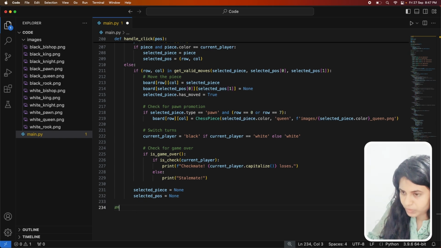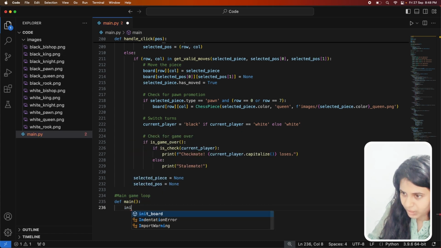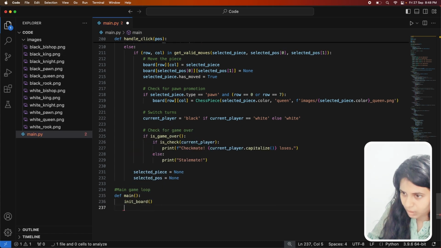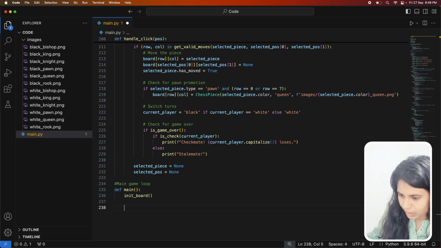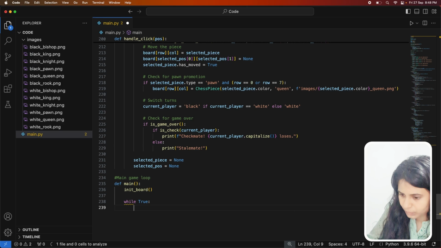Finally we have to create the main function. So the main loop starts here, where we are going to call the main, and we are going to initialize the board, the class that we first created. And next we have to continuously check for the event. So I'm going to create a while loop for that. While true, for event in pygame.event.get,